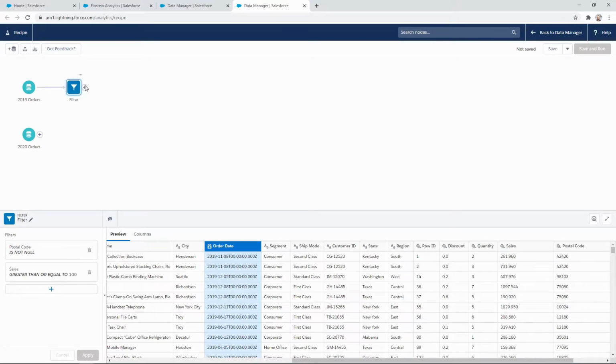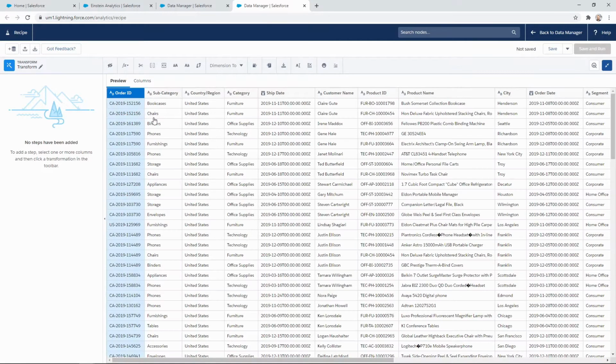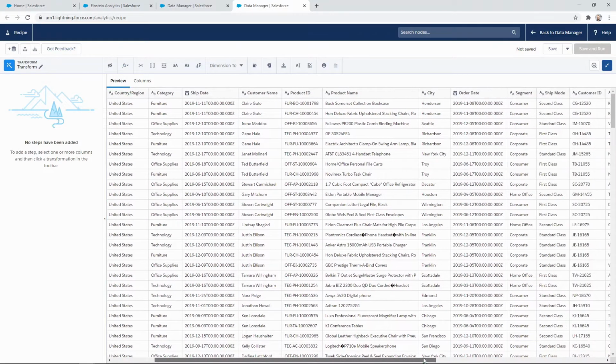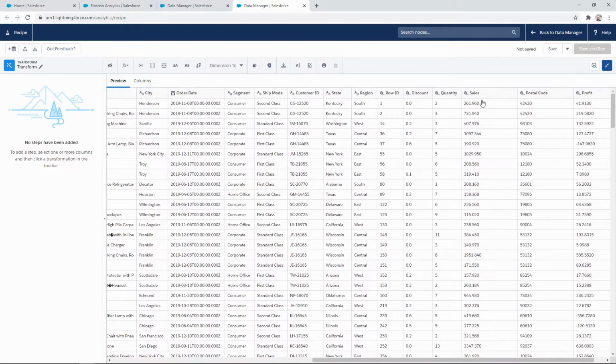Next, we want to look at some calculations. So again, we're going to add another node with the plus and then transform. Again, this opens up a similar kind of view to our filter, but this time we've got a slightly different toolbar at the top where we've got some different techniques to clean things. So our first thing we need to do, like we did in Tableau Prep, was to create a sales per item field. So if I choose sales here